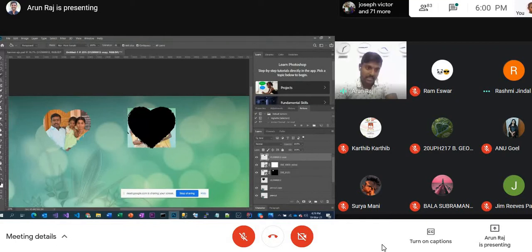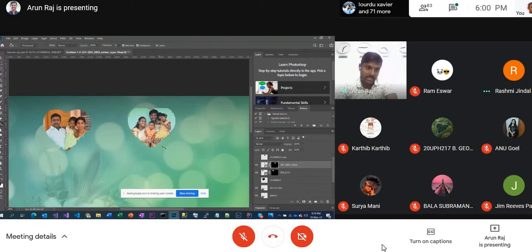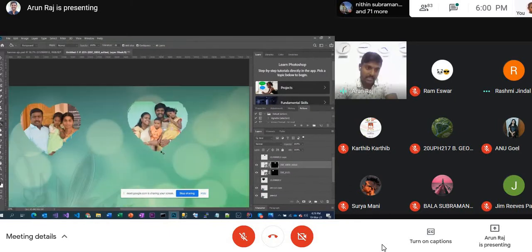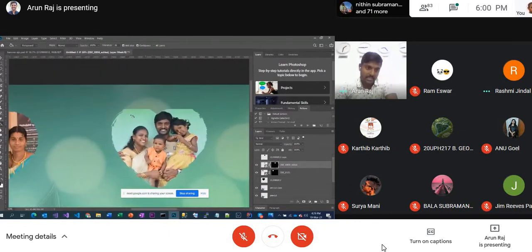In a similar way, I go and select all the other areas. I click here, then I pour the black, so it is only visible in that area. Okay, but now there is a problem. Look at the top side, because my image is not full. So what I need to do is very simple.